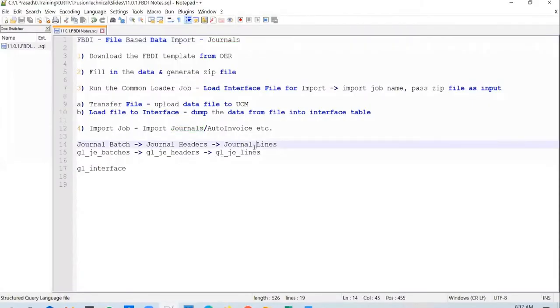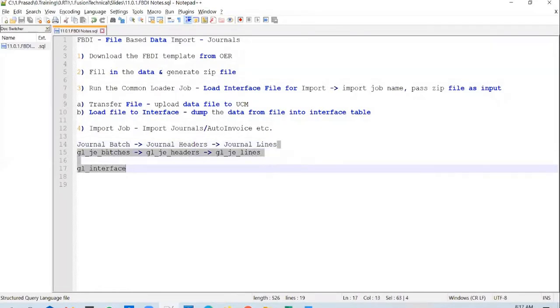You have journal lines, which are grouped into a header. Header is nothing but a journal. And the journals are grouped into batches. A single journal batch can contain multiple headers or multiple journals, and each journal header can contain multiple lines.